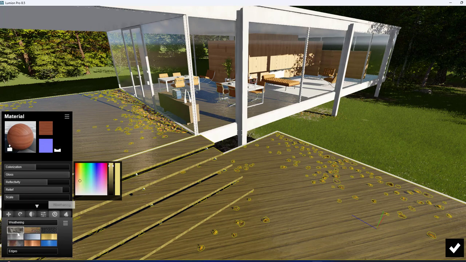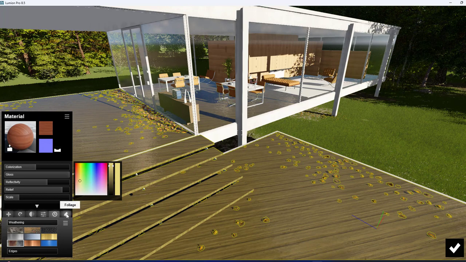Next, weathering. So if you want to show it as an old wood, when the wood is exposed to the weather, it may decay. So in such a way you just show the wood. So you can add some extra effect. We have the preset and then you can just add it.